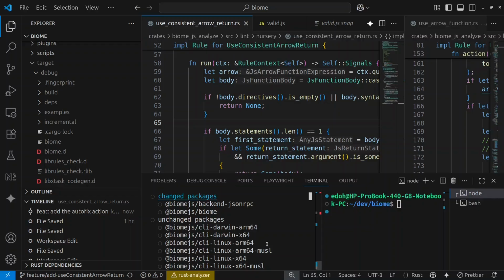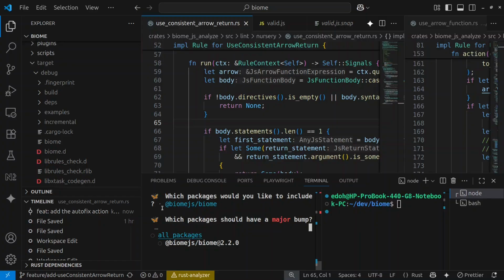So this changeset is about the Biome package. So to know if it's a major or a minor,